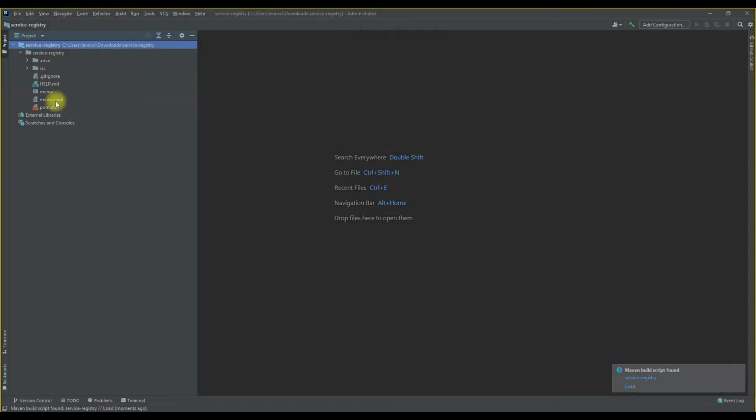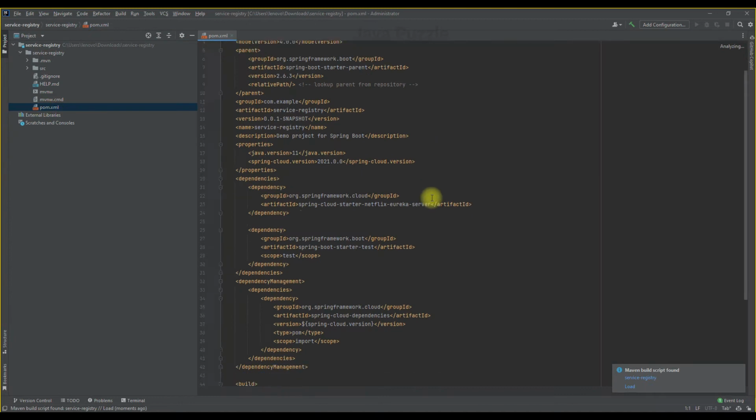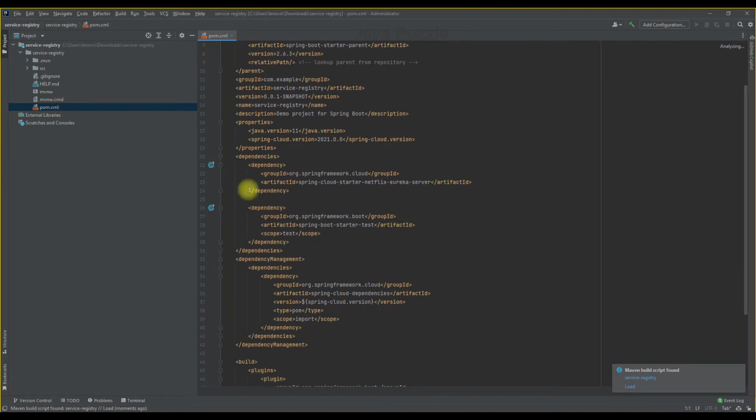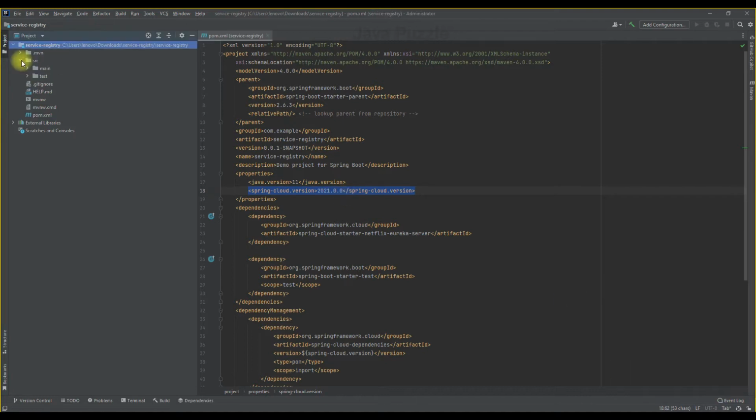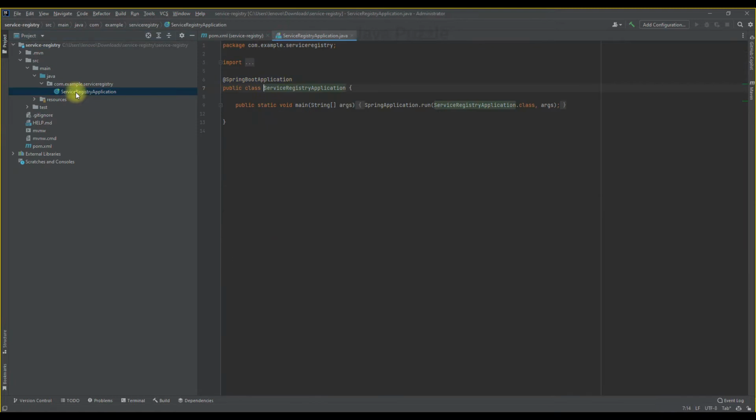So here is our registry, and in the pom.xml you will see there is the Eureka server dependency only. This is the default one, and our cloud version is 2021.0.0. So we have to go to the registry main class, and here we have to enable Eureka server.